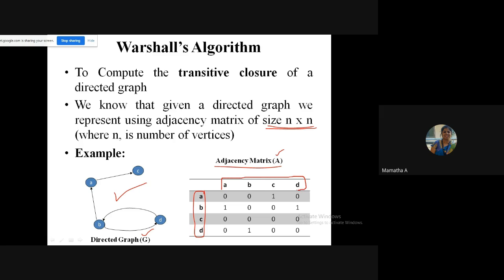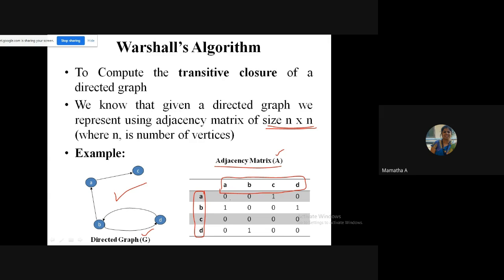And do not name them in a haphazard order. It should be in the alphabetical order or the numerical order. Sometimes it is numbers, sometimes it is alphabets. Okay. And how do you number this matrix? It's a Boolean matrix. Your adjacency matrix is always a Boolean matrix wherein it has either 0 or 1.